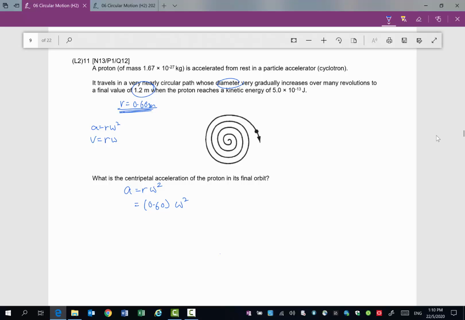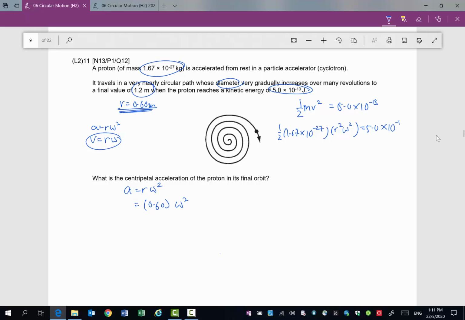So to solve for omega squared, we can use 5.0 times 10 to the power negative 13, that is the KE. So KE is half m v squared equals 5.0 times 10 to the power negative 13. The value of m is given in the question, 1.67 times 10 to the power negative 27. So basically half times 1.67 times 10 to the power of negative 27. And then to make v squared into omega squared, we can simply use this equation, r squared omega squared. So v squared can become r squared omega squared, and that would be equal to 5.0 times 10 to the